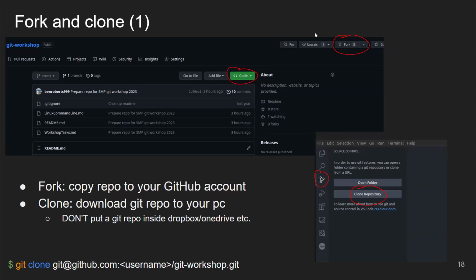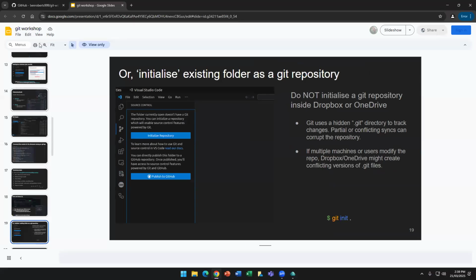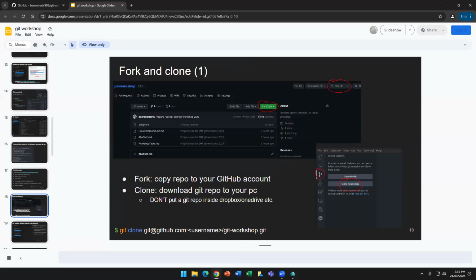And then what we can do is clone that version. If you're using the command line, the way you do that is you write git clone and the address for the Git repository. The way that we will be doing that is using the graphical interface,